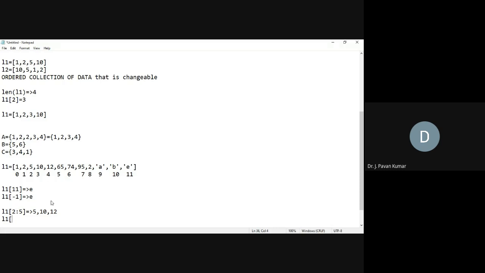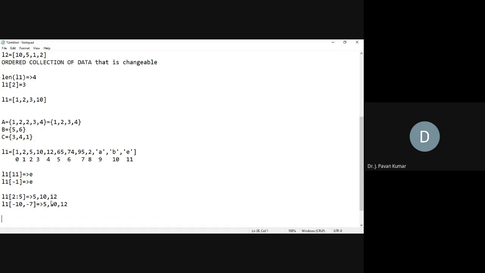So it is L1 of minus 10 to minus 7, and it goes up to minus 8, so three elements: minus 10, minus 9, minus 8. So this will also give 5, 10, 12.